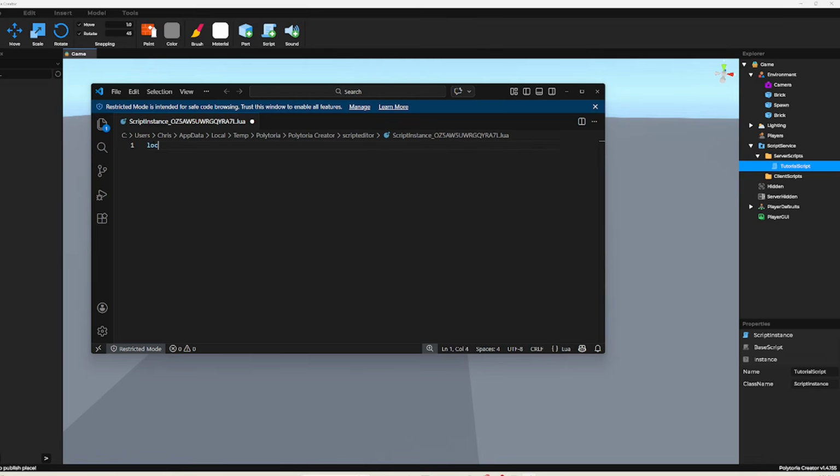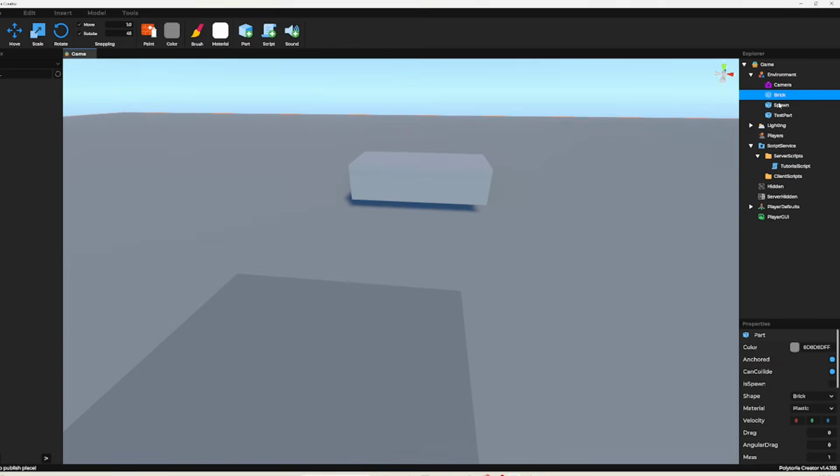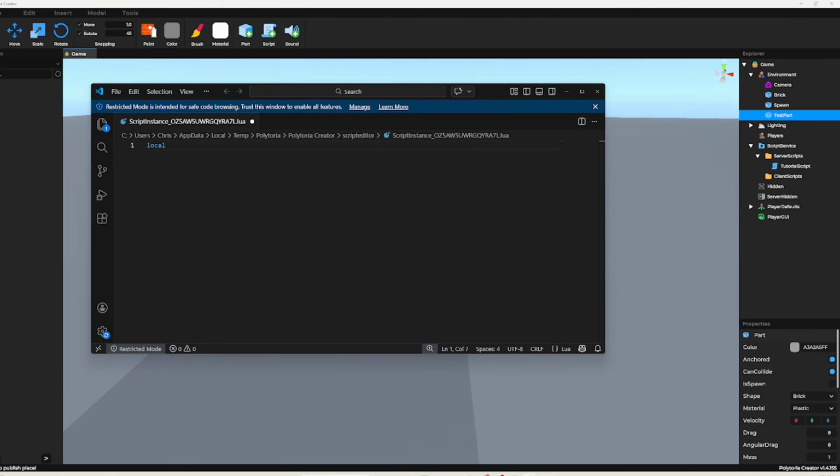So if I want to create a variable, and creating a variable is just setting a word or phrase to be equal to an object or a number value. Just for example, let me update this. Local test part is equal to